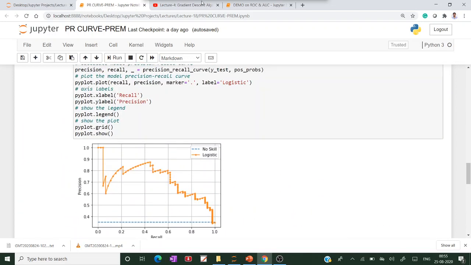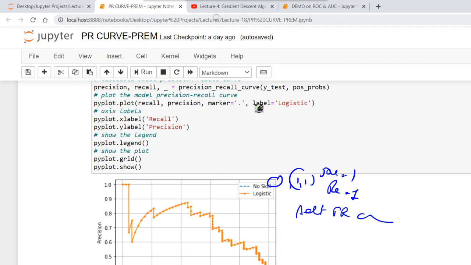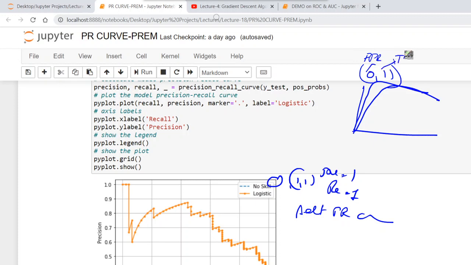Here towards the coordinate 1 comma 1 means precision is 1 and recall is 1. At that time only we consider it the best PR curve. In an ROC curve, it is 0 comma 1: the false positive rate is minimized and the true positive rate is maximized, and only then is it the best model.